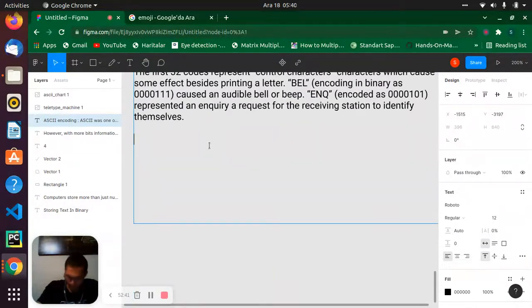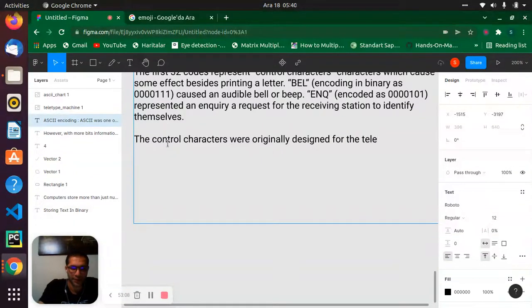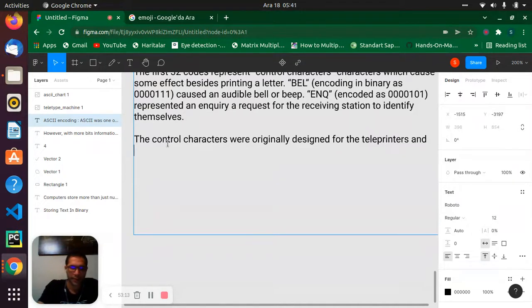Let's come down and say the control characters were originally designed for the teleprinters and telegraphy.